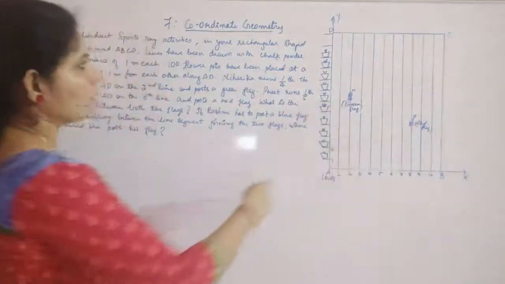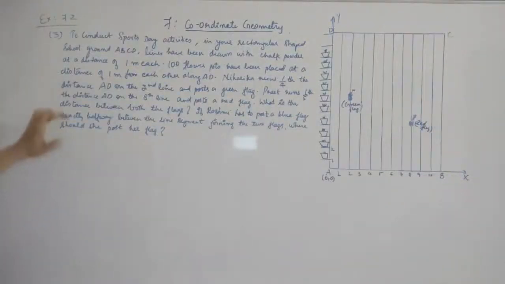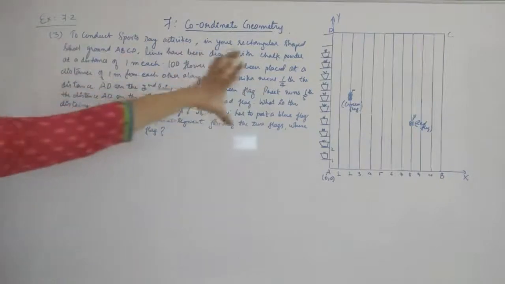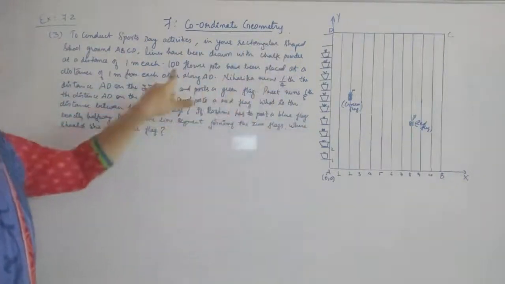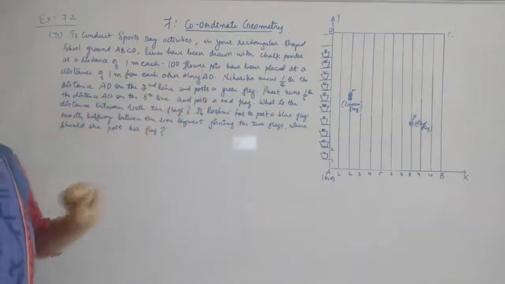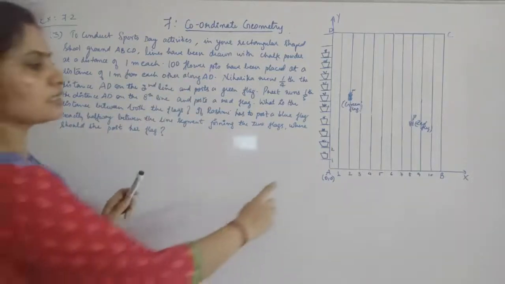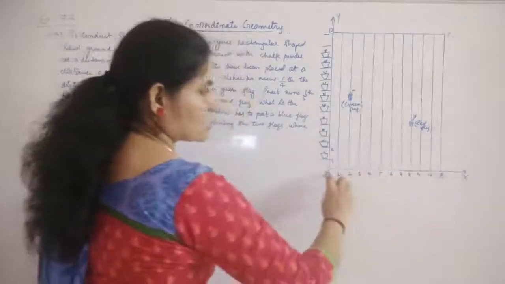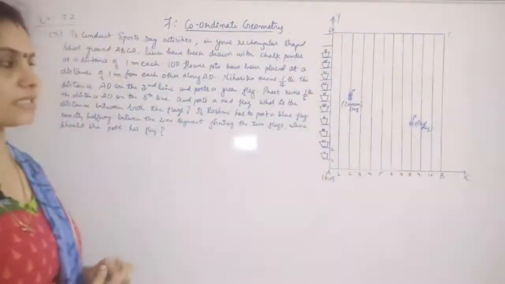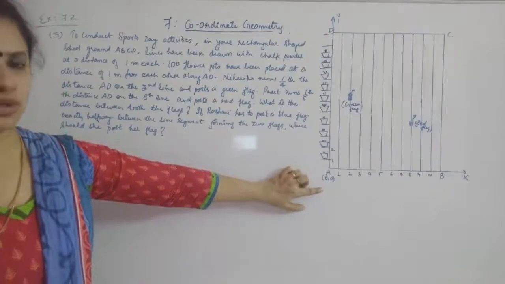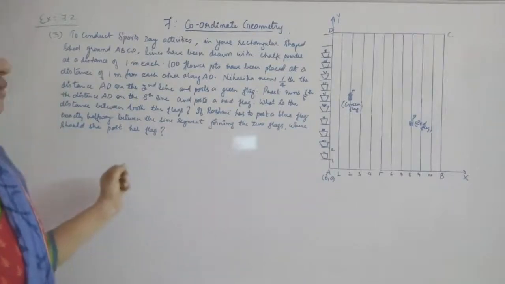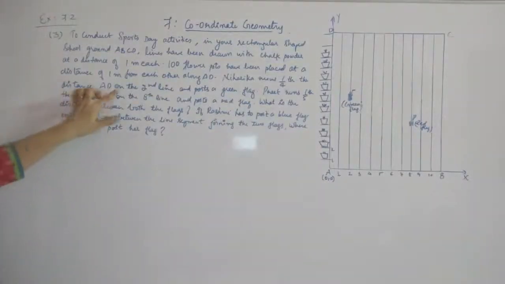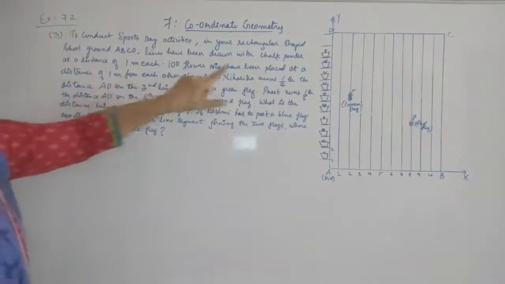On the second line, Niharika is running, and 1/4 of the distance of AD means, in total, what is AD? You have 100 flower pots, so we are taking the distance to be 100. We are just taking this as your x axis and this as y axis. That means along AB you are taking the x axis and along AD you are taking the y axis, so that this can be considered as 0, 0, and that will help us to find out the coordinate where the green flag will be. Okay, so it is the second line and 1/4 distance.